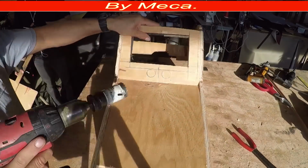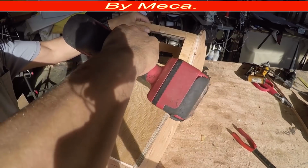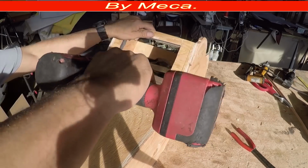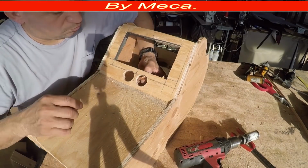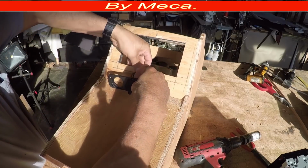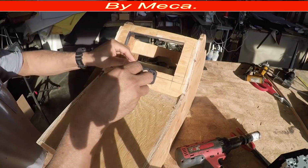So now I'm just going to make 2 holes right there, 1 inch radius, and that will be for the USB. One is for charging the phone, and the other one is for USB. So I got those 2 holes already. Now I have to make sure the USB and the stereo fit right there. In case it doesn't fit, if it is too small, you have to sand it. Those pieces, when they go in, have to be loose. Why? Because when you wrap it with vinyl, it will be tight, not too loose. So I put this in there,